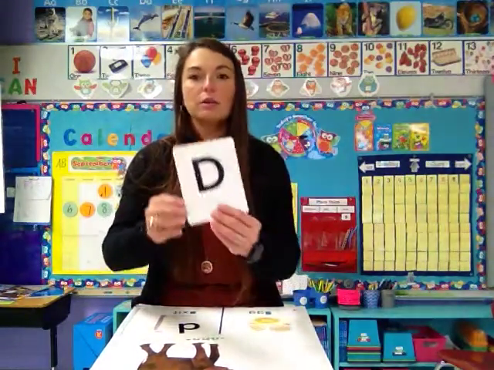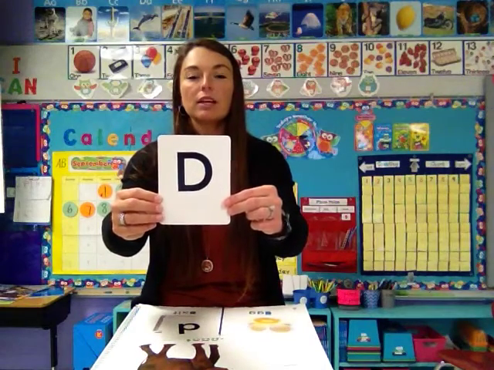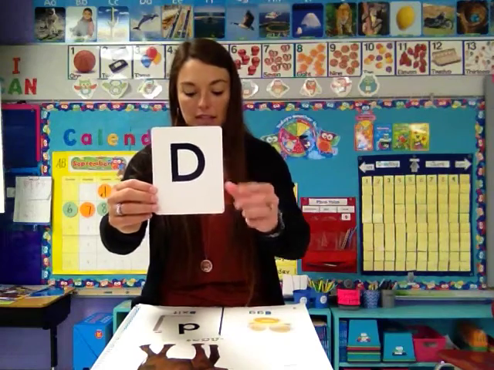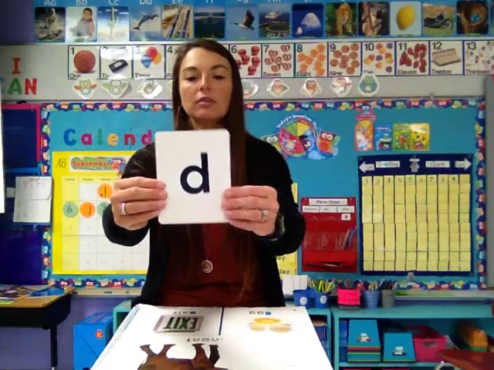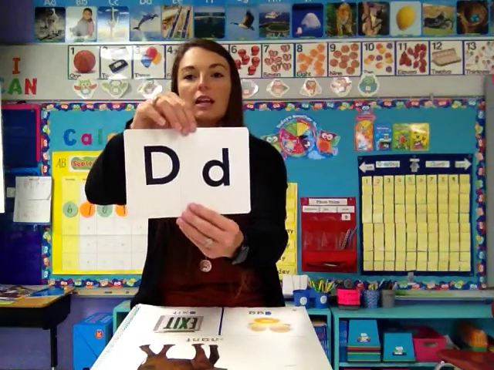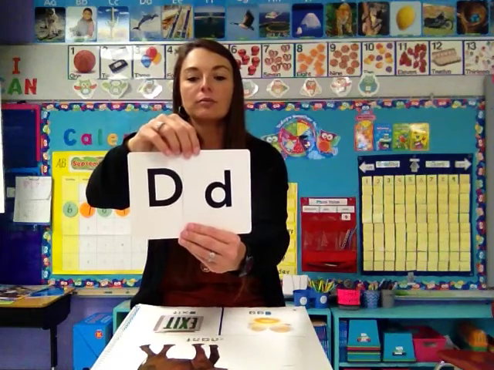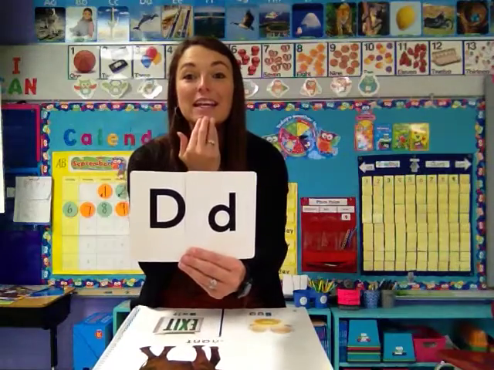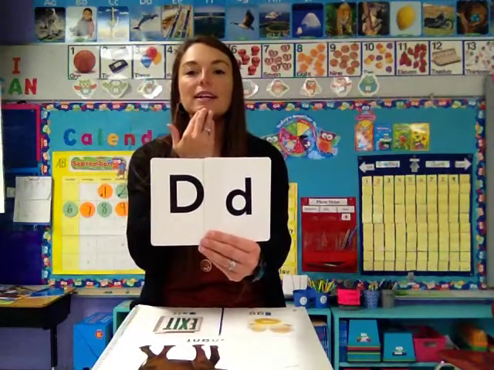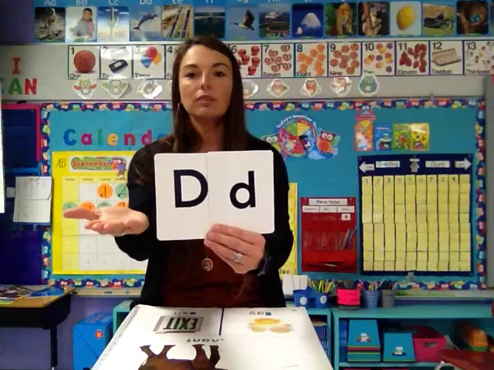All right, next we have the letter D. D is the 4th letter of the alphabet. This is an uppercase D. And then we have lowercase d. Uppercase D and lowercase d. D makes the sound D, D, D. So let's say that letter name. D. Very good. And remember yesterday I told you that some of you were getting confused with